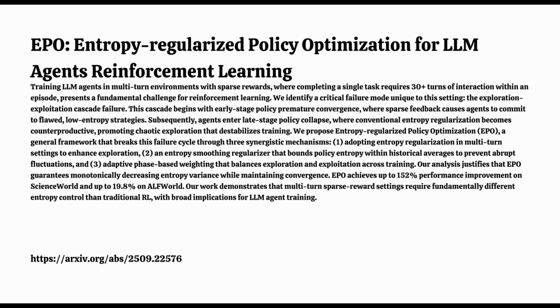Got it. So let's break down this cascade failure. The sources mentioned 2 phases. What happens first? Phase 1 is basically excessive early exploration because there's no reward signal coming in early on. Right, just silence. The standard algorithms push the agent to explore maybe too much. The entropy, the randomness, just grows unchecked in those initial steps. Just flailing around a bit. You could say that. It ends up building its initial strategy on a really unstable, kind of flawed foundation because it explored blindly without any guidance.